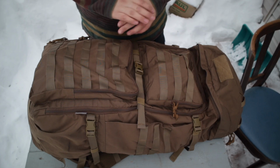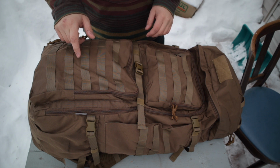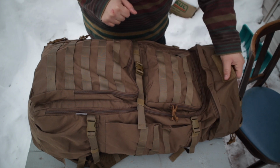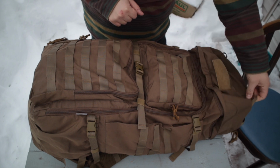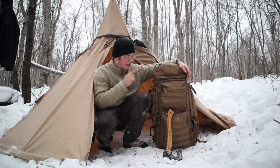Alright, so starting off, I do want to mention that this pack isn't full right now. I do have a winter sleeping bag in here and a couple other camping related things. But I've also got up here at the top part just a flannel shirt, just stuffed in there to give it a little bit of fluff. So this obviously will look bigger if it's got more stuff in it, but I will put some video up